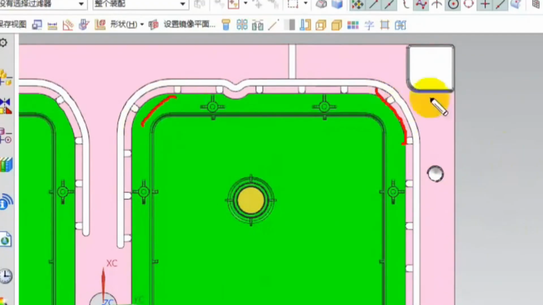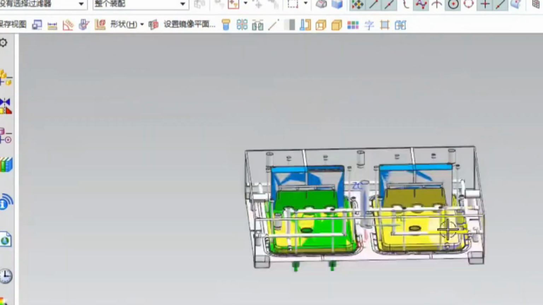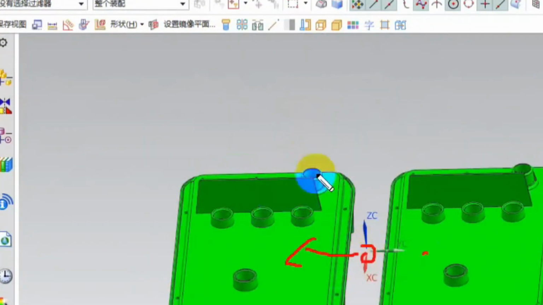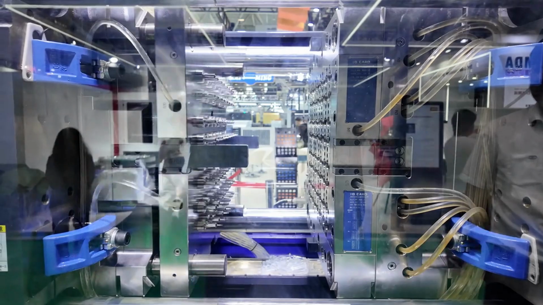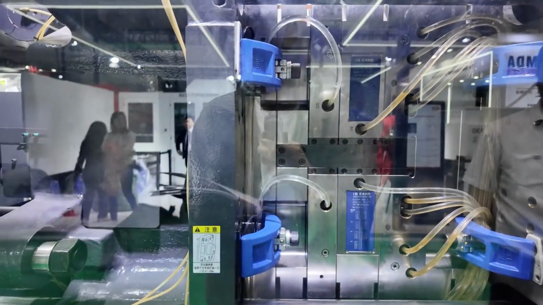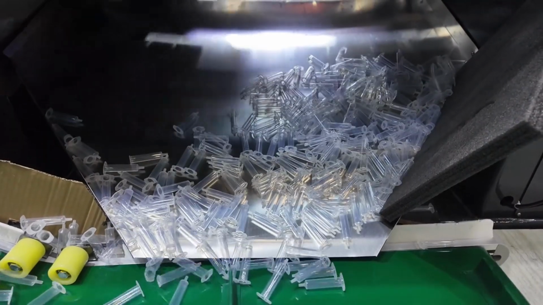Optimize mold exhaust design. Adequate venting is critical. Trapped gas in the mold cavity can lead to the formation of fusion lines. As the melt flows through the cavity, if it encounters gases that cannot be expelled, gas pockets will form where the melt fronts meet. These gas pockets prevent full contact and fusion of the melts, resulting in visible fusion marks